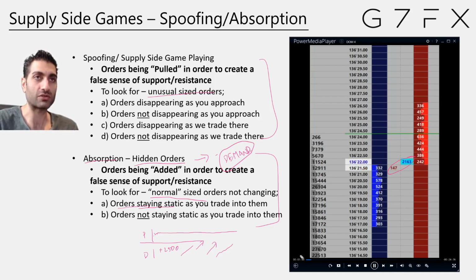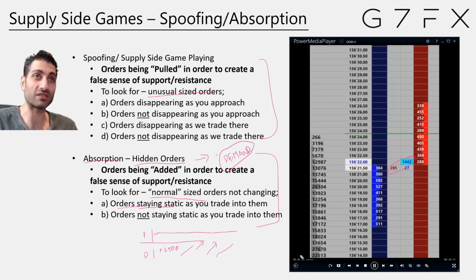So now we've got 2,100 versus 147 sells. That's why I say, guys, look, the buyers are getting trapped, or there's more buying than selling. This is what I'm doing when I'm looking at a footprint. It's the market orders. So now we've done 2,000 already. Obviously, we moved down to reset the buying column, but that doesn't mean he's not absorbing more. He's now taking on another 500, 600, 700,